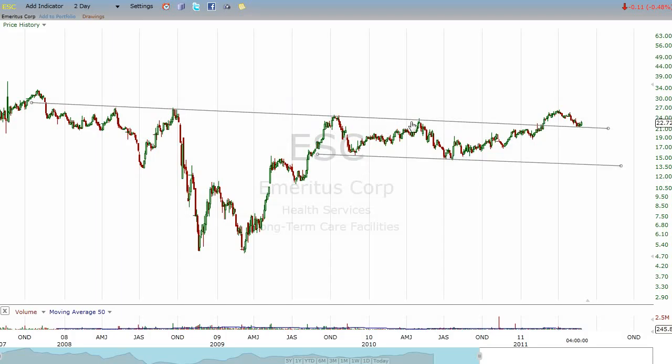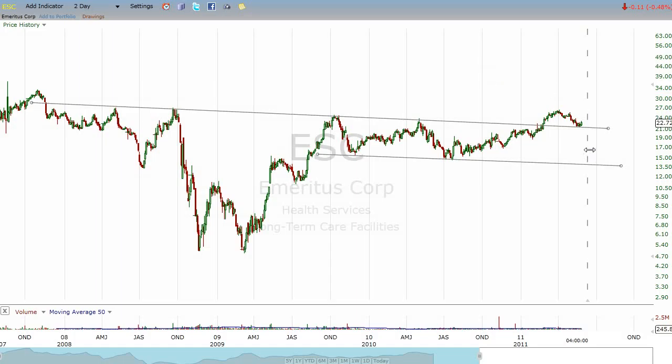Okay? So now we're looking at 21, roughly 21, 22 as being an area that, by golly, I wish I'd known. Those people who sold here, here, and here, once it got over that, they were going, dadgummit, I sold at 21, 22, and this son of a gun kept going to 26. If I get a chance to get back in at 21 or 22 where I sold, I'm going to buy this thing back. So that's what they did, and I think that's why we get this bounce here.